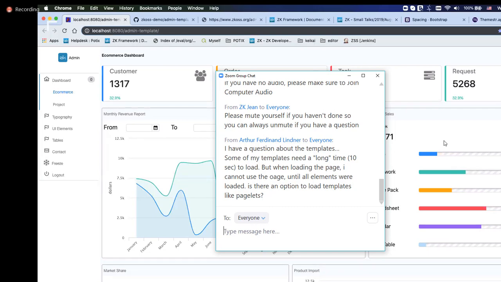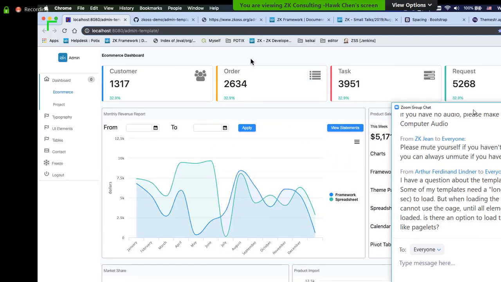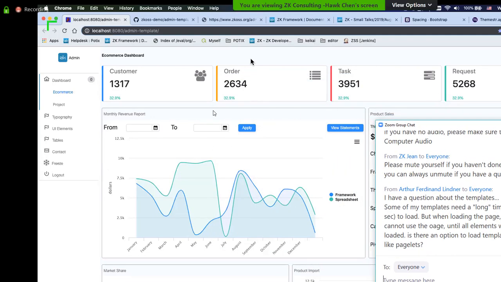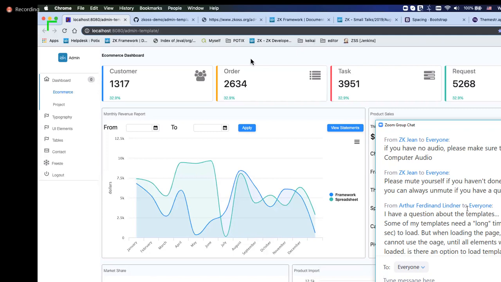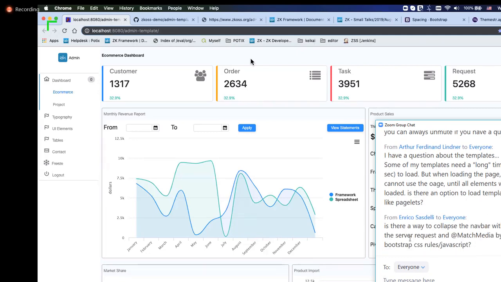Okay. First, you need to determine whether the long time is consumed by the server side or the client side. It's server side. It's a huge database operation. Oh, okay. If it's caused by the server side, then it could be a trouble. Then you need to maybe query later. For example, you can